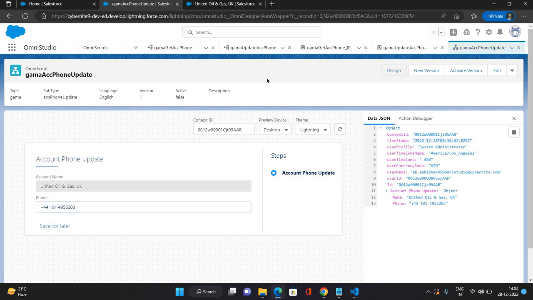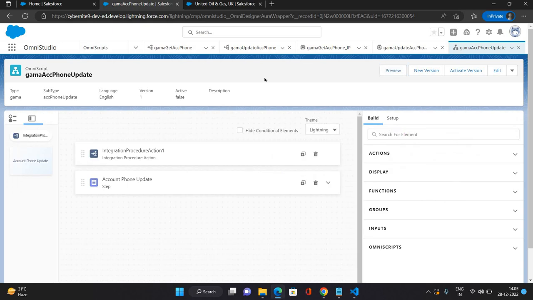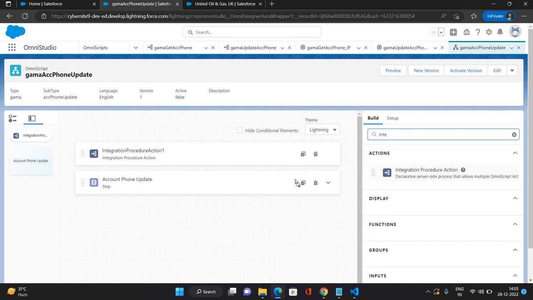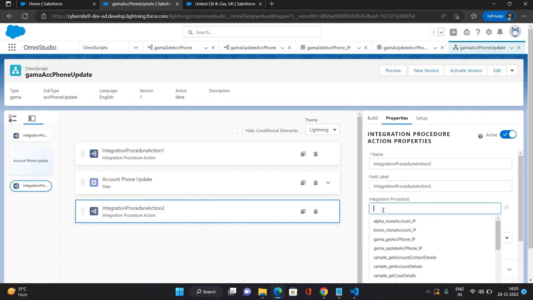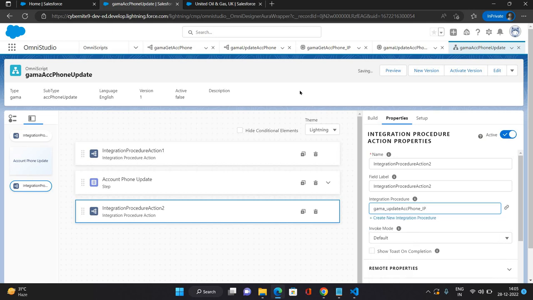Now let's go back to our console. Now the get part is done in the Omniscript. Now we need to post the changes which I can make from the guided path of Omniscript. So I'm gonna add one more integration procedure action below this step. Here I'm gonna define the integration procedure as Gamma update account phone IP,